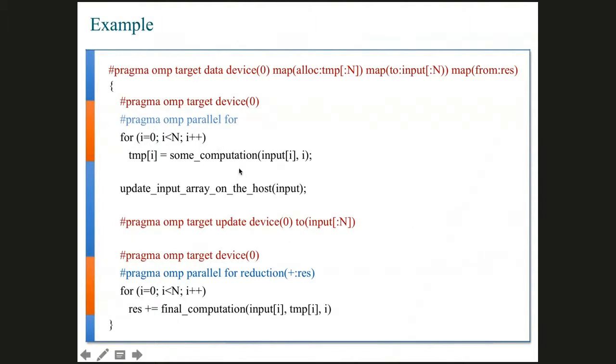And once it's done on the device, the host basically does an update, and sometimes maybe inputs an array on the host or gets the partial results, something like that. And then it updates the device, and then lets the device continue the work. You may have other controls in the new definitions, and this just shows that this type of OpenMP structure can apply to accelerators.